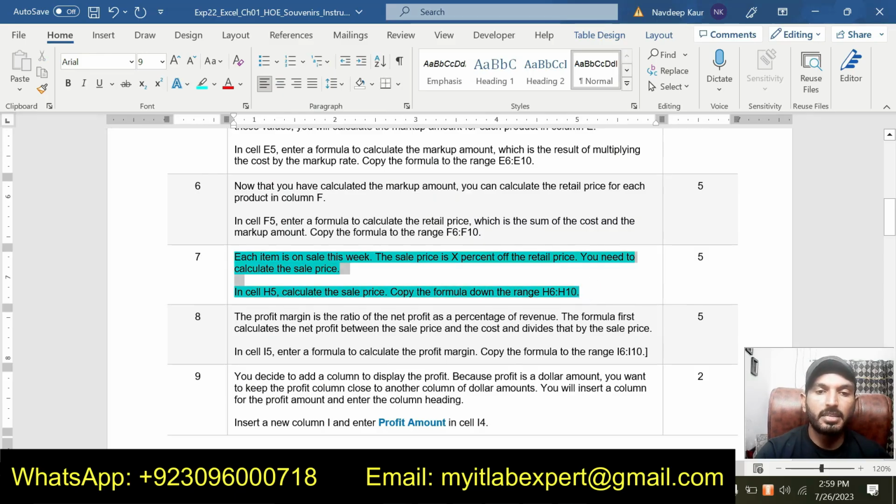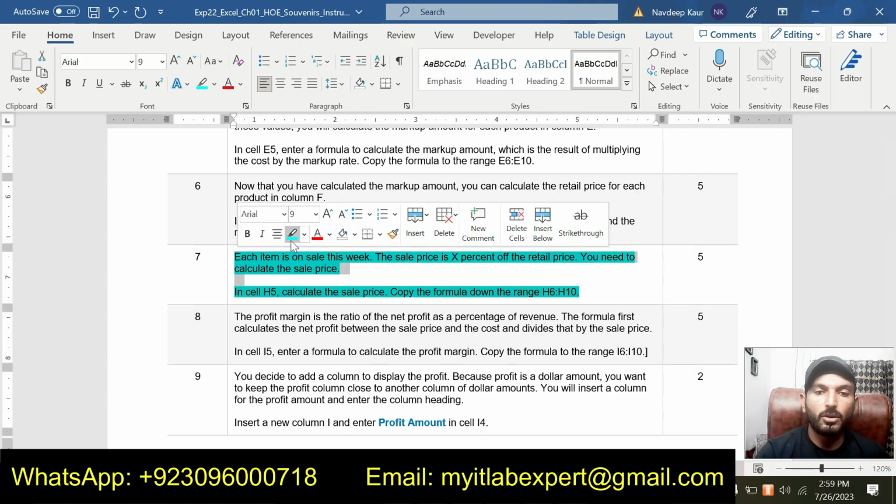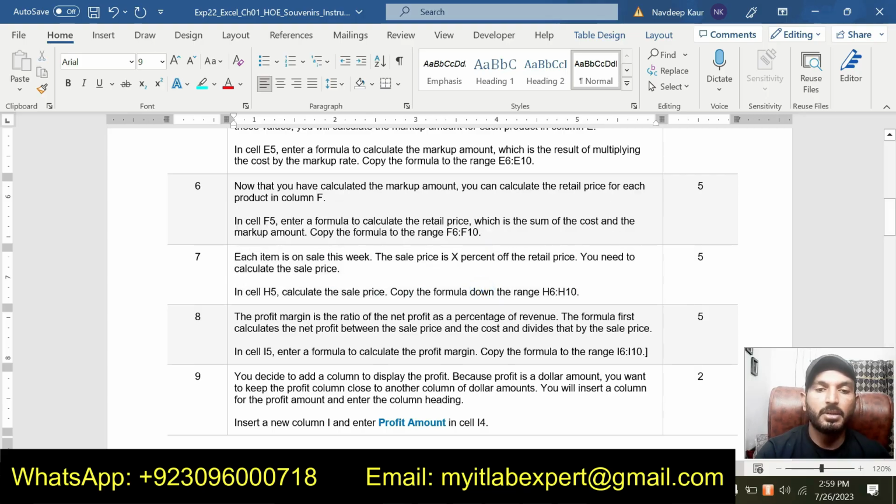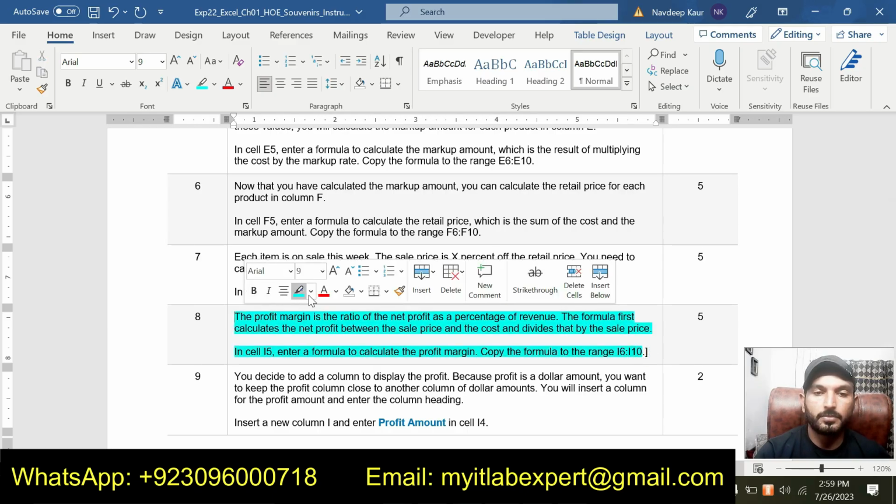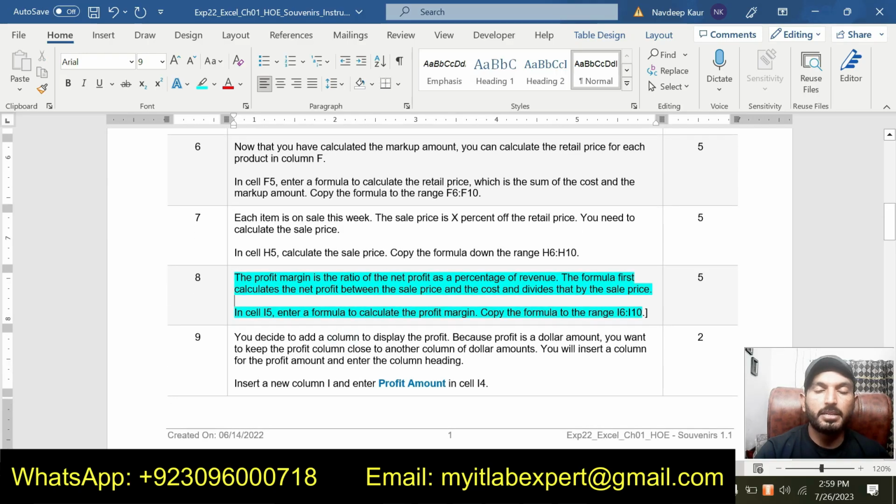So we have completed 7 steps so far, and now we will move to the next step, that is step number 8. In step number 8, it is saying that the profit margin is the ratio of the net profit as a percentage of revenue. The formula first calculates the net profit between the sales price and the cost and divides that by the sales price.